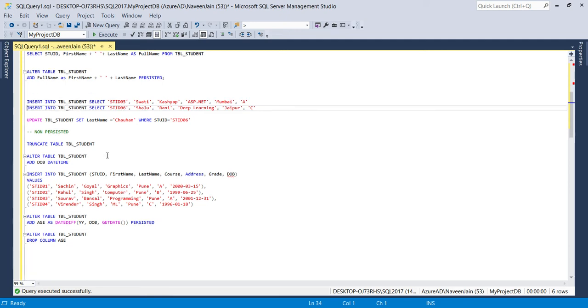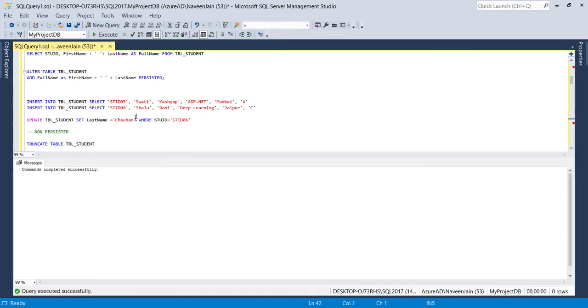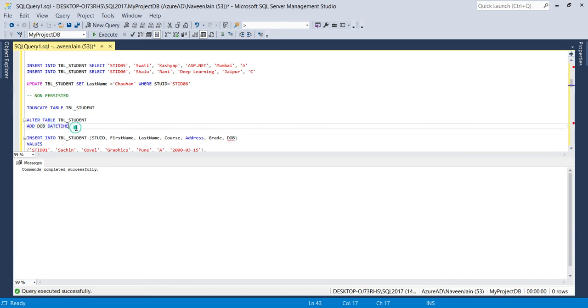Now let's see the example here. I am adding a column here, date of birth, as a date time. Now I am truncating the value and I will reinsert all the values.